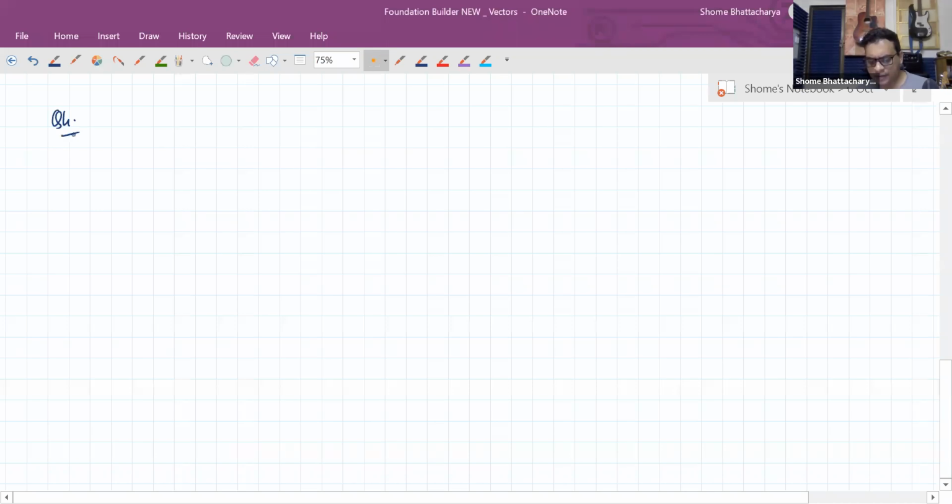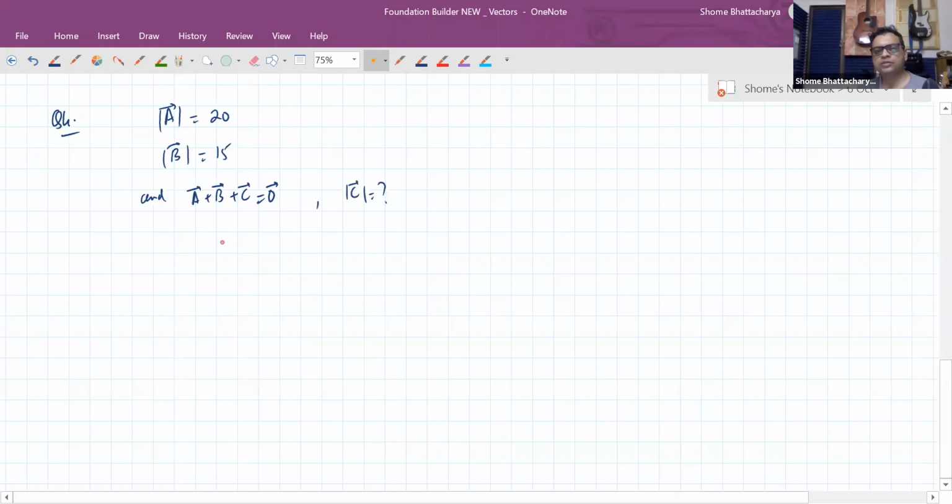So it's given that magnitudes of A and B are 20 and 15 units respectively. The magnitude of the vector A is 20, the magnitude of the vector B is 15, and additionally it is given that A plus B plus C equals 0. The resultant of A, B and C is a null vector. Then from this we have to find the magnitude of C.